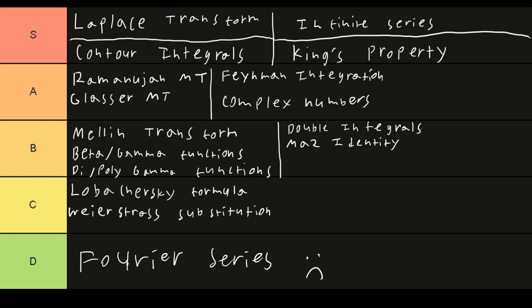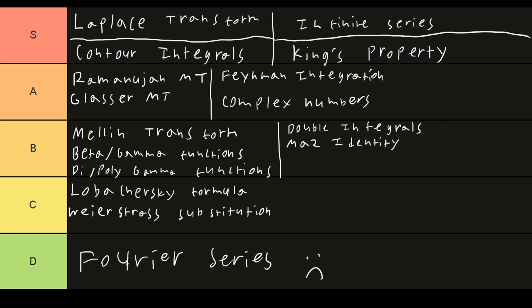Alright, so this is the cumulative tier list right here. You'll notice that there's a lot more closer to the top and the middle than there is on the bottom. That's because, let's be honest, I only picked integration methods that I liked. So even the stuff down in C tier are integration methods that I absolutely love. And if there's anything on this list that you don't recognize, especially if it's close to the top, you should absolutely take a moment, look it up, learn how to use it, see some examples, and keep it in your back pocket